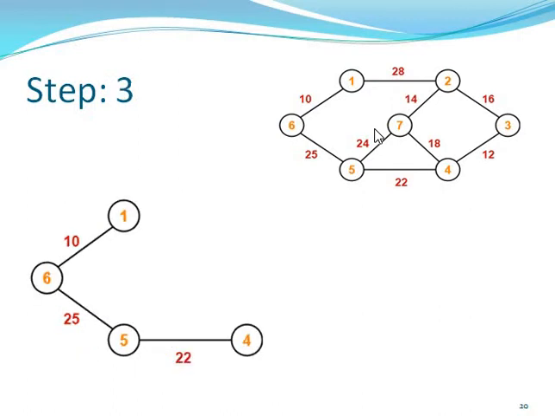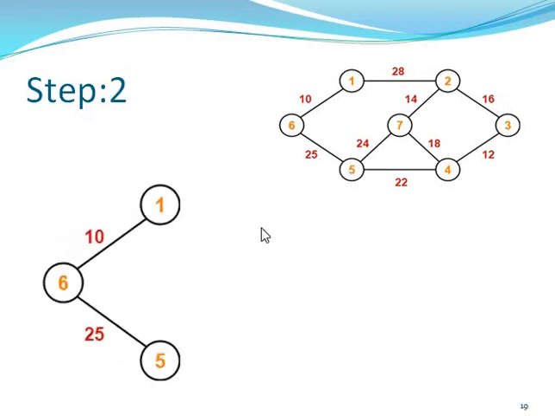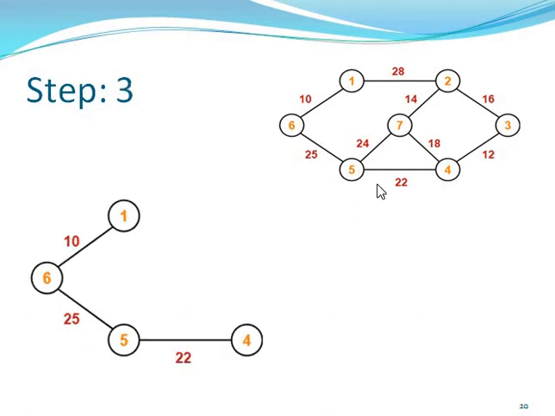Then after, we can show here at this point that the minimum weight is here. You can show that this is what you can create. Then after, you can go to the 5 points. Then you can check what the minimum weight is. The minimum weight is 22 and 24. The minimum weight is 22. So you can connect here 2 points.